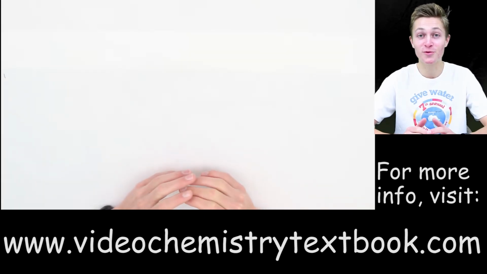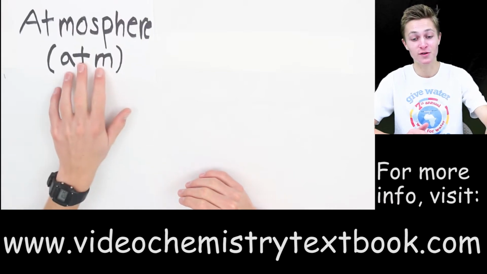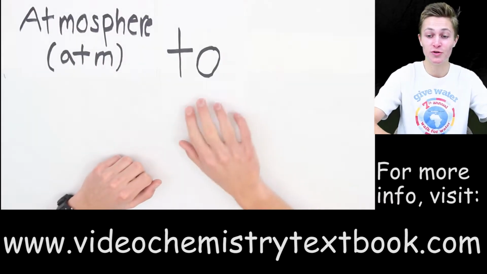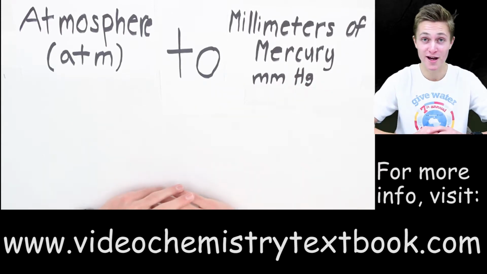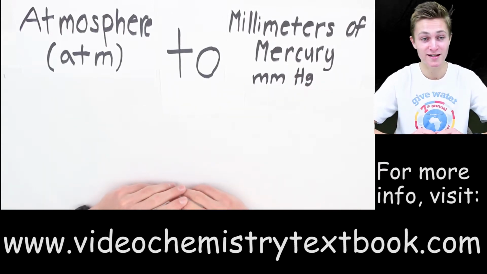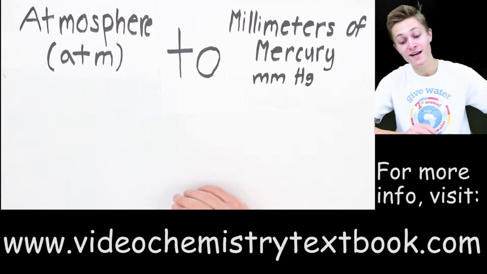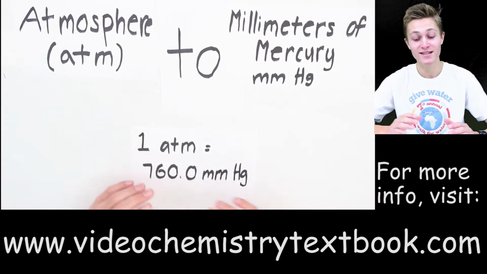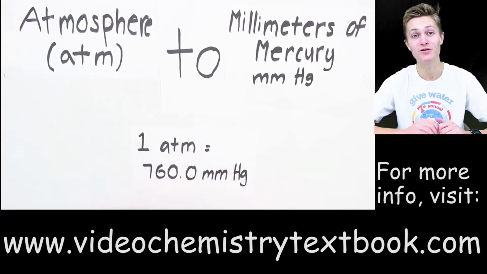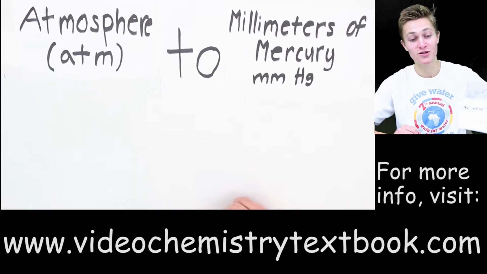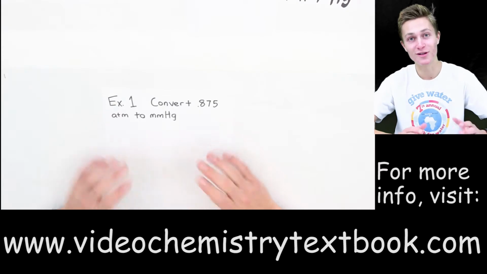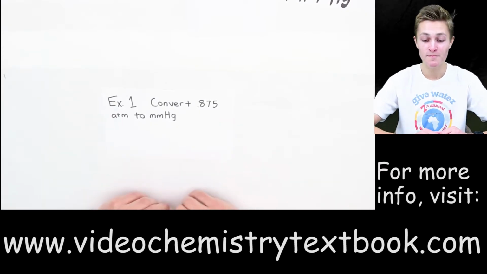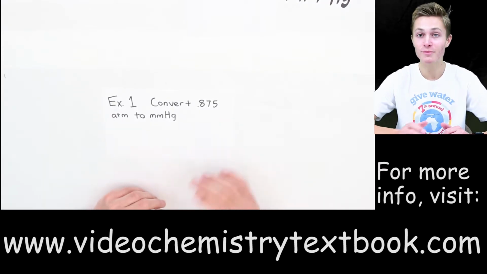So, first we are going to convert atmosphere, or ATM, to millimeters of mercury. The conversion factor for this conversion is 1 atmosphere equals 760 millimeters of mercury. So, example number 1 that we are going to do is convert 0.875 atmospheres